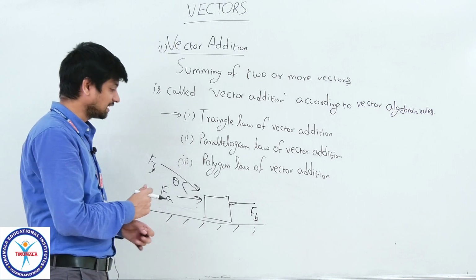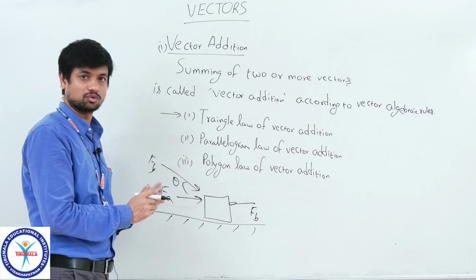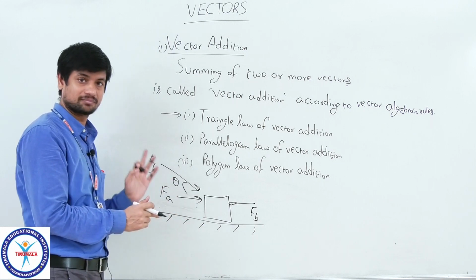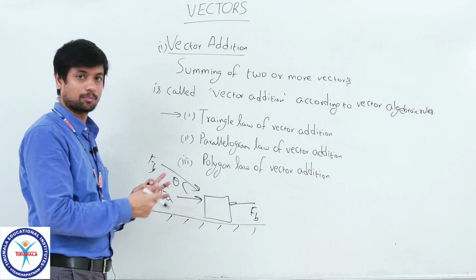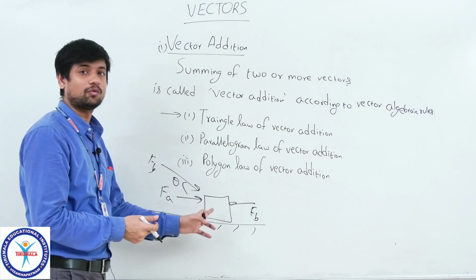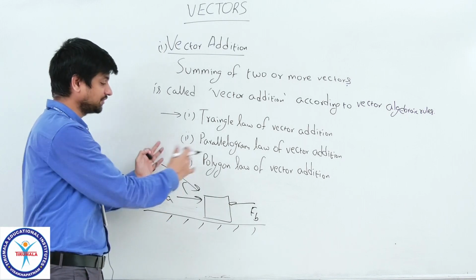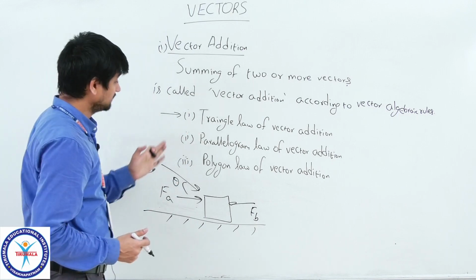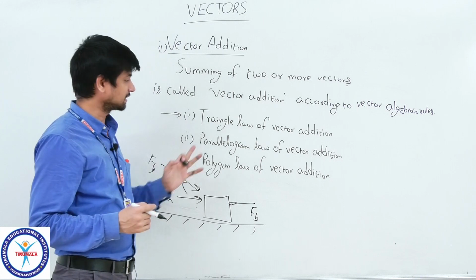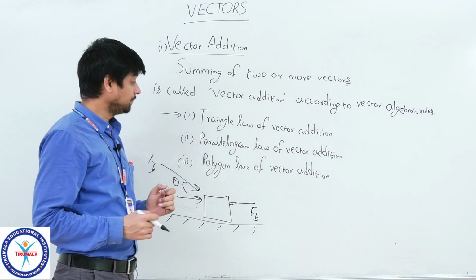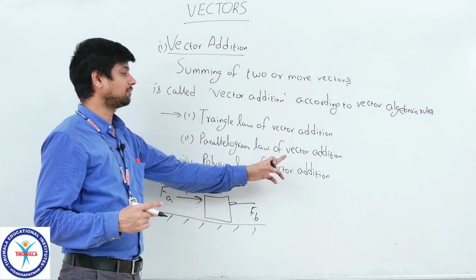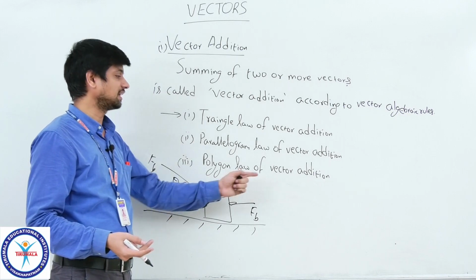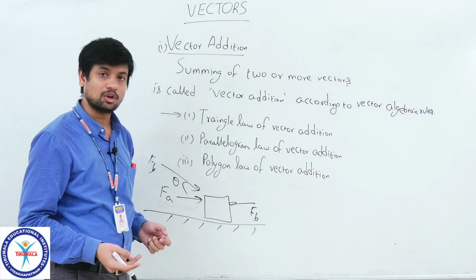But coming to scalars, it is not possible, we just take the values only. Here the angle also matters. So, whenever 2 or more same physical quantities which have vector properties participate in the phenomena, what will be the effect? Here I should consider their summation. This can be known, if you take 2 vectors, by the triangle law of vector addition. If you take again 2 vectors, the parallelogram law of vector addition. If you take 2 or more vectors, the polygon law of vector addition.